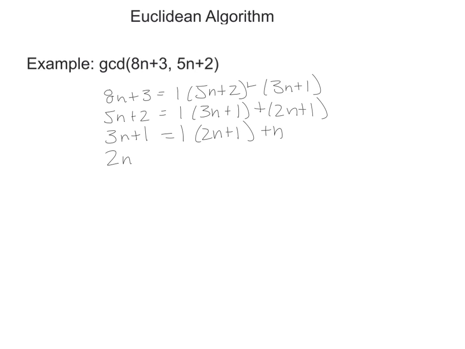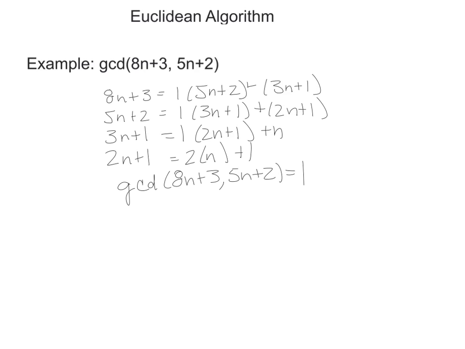And then 2n + 1 = 2 times n + 1. So the greatest common divisor of 8n + 3 and 5n + 2 is equal to 1, which is kind